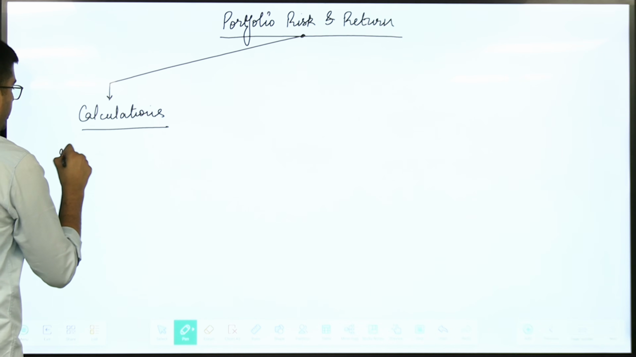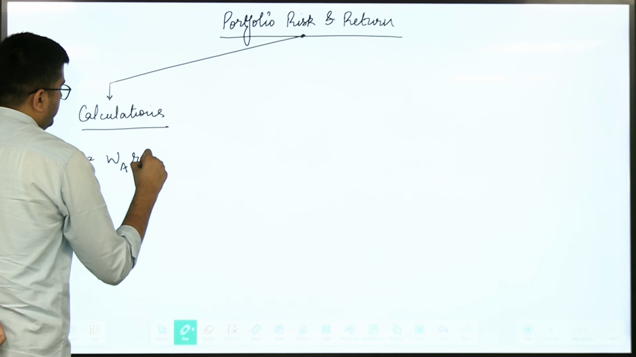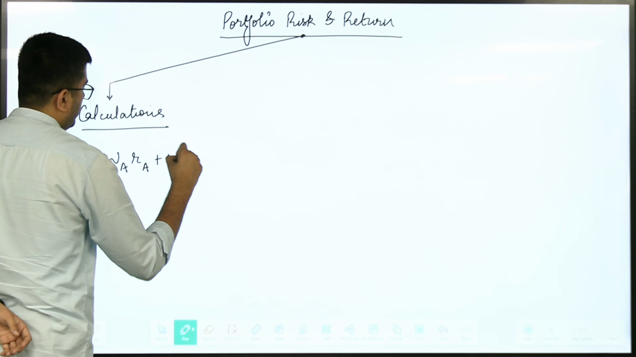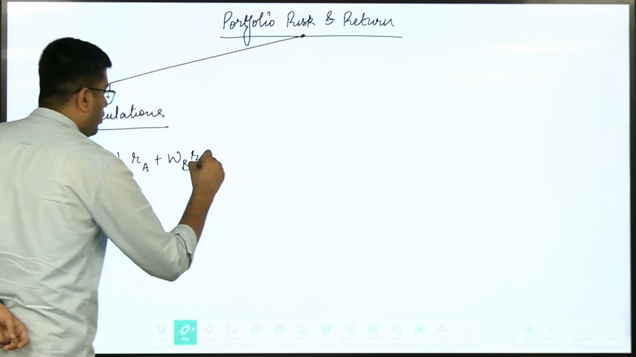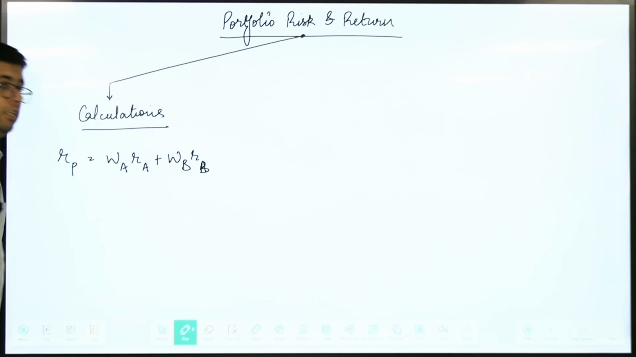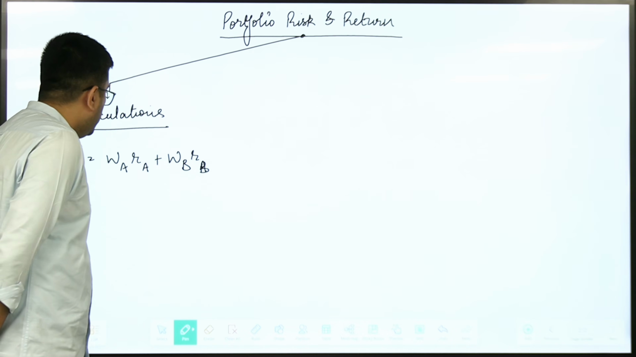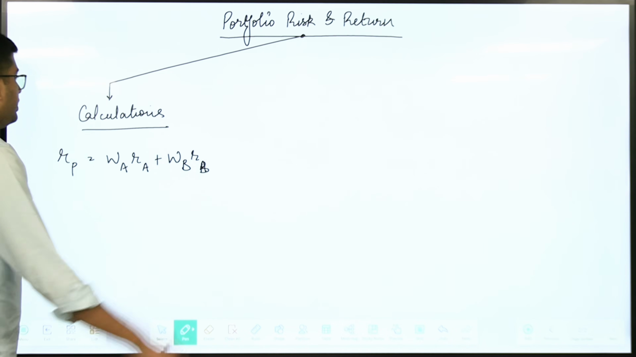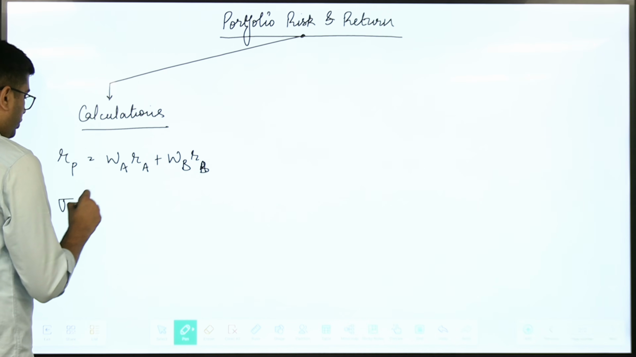of portfolio return, which is a simple weighted average. Weighted average of return of all the constituents of my portfolio. So all the securities that make up the portfolio, all of their returns weighted average becomes my return of portfolio. Risk of portfolio